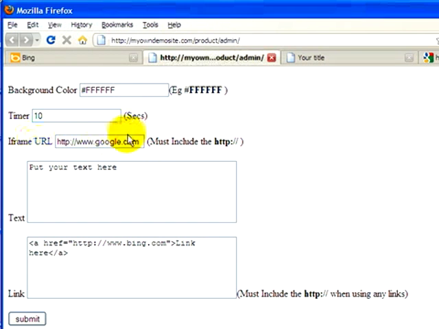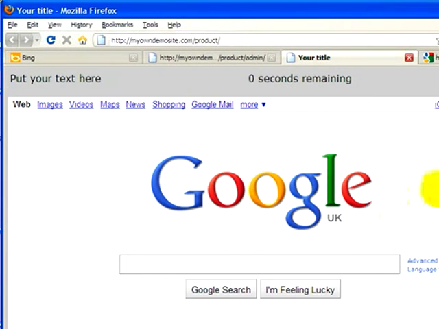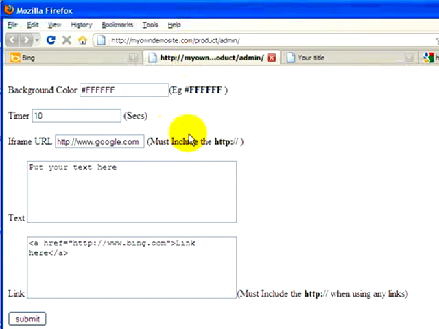The iframe URL, well, you can see google.com there, and clearly that relates to this part here. It's giving me the UK version, but this is going to be what you see on your screen initially, and it's important here to include the http:// at the front of it. So just for fun, let's change this to show you how it works and say let's have Yahoo. I should have the British version,